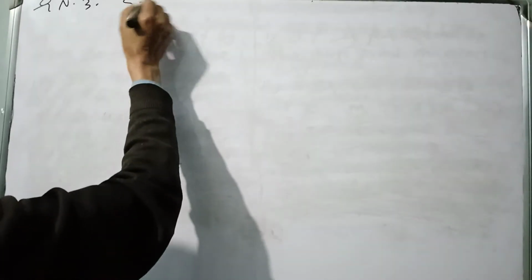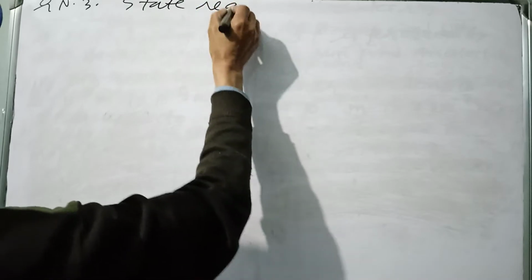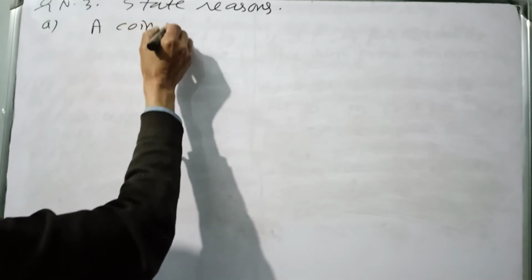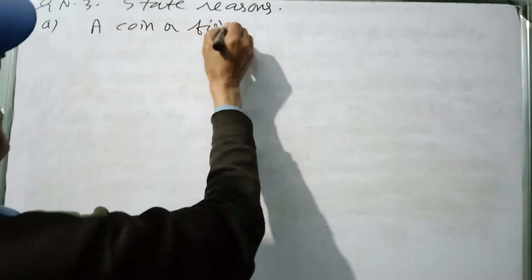I am going to write down some numerical problems, but before this I am going to write down some state reasons, and next time numerical problems. See, state reasons. Number A, a coin or fish